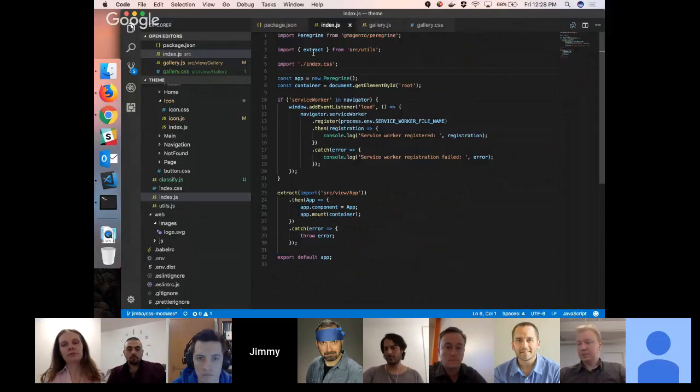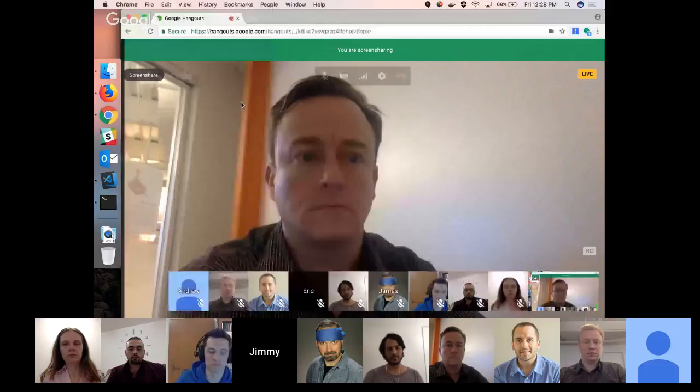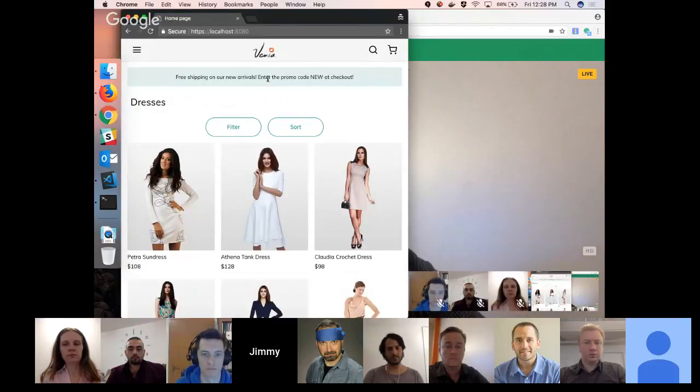We're going to pull in a utility or two, pull in our bare minimum of CSS, and then we're going to create a Peregrine instance, grab our root element out of the standard Magento view, set up a service worker, and then we can dynamically import pages, that is asynchronously load different pieces of our bundle, and then mount them into the DOM. And what that's going to get you is this.